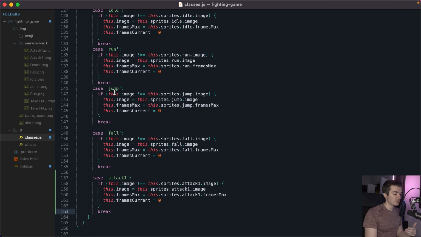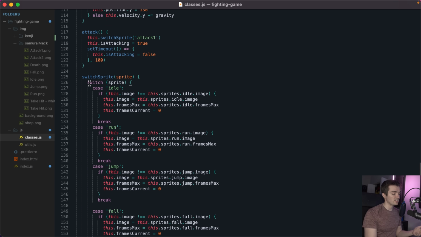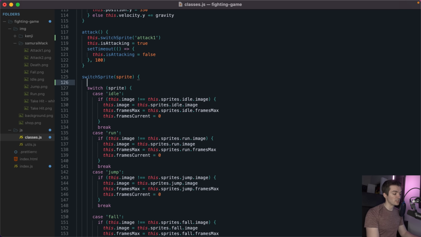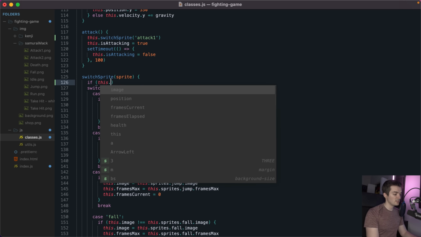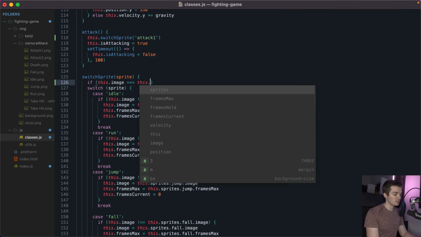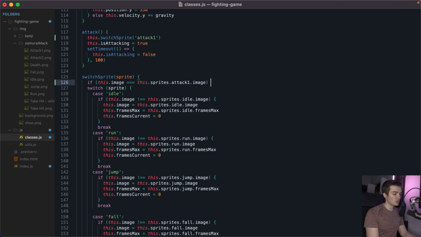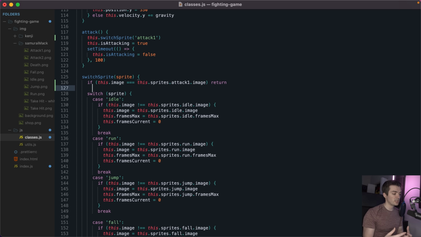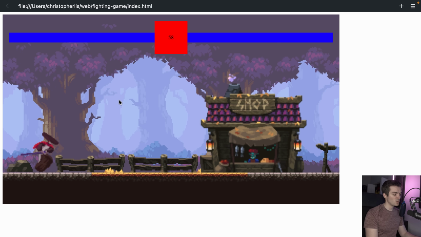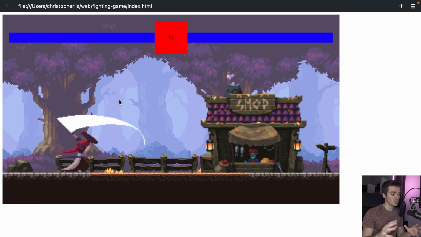So basically, when we activate an attack, we want to make sure that the switch case code can no longer be called. So we're going to do this with an if statement. We're going to say if this.image is currently equal to this.sprites.attack1.image, then we're going to go ahead and return. We're not going to call any of the following code, which might switch us to a different sprite sheet. If we save this, refresh, everything still works, but as soon as we activate our attack with space, we're going to get that attack animation, and that's pretty darn cool,